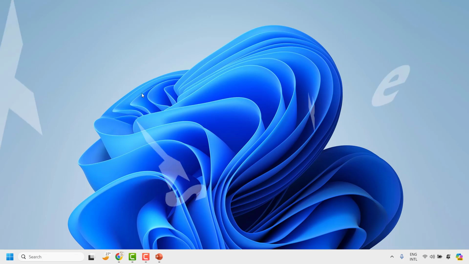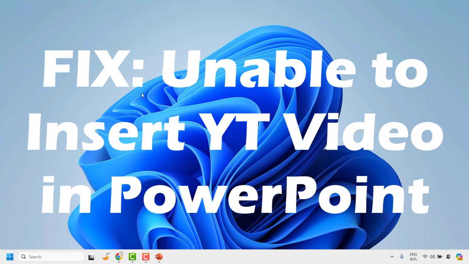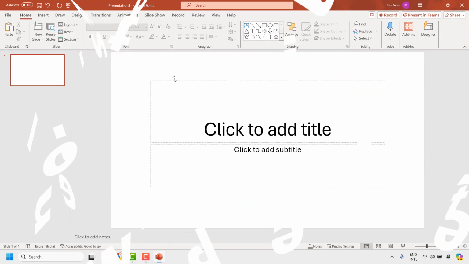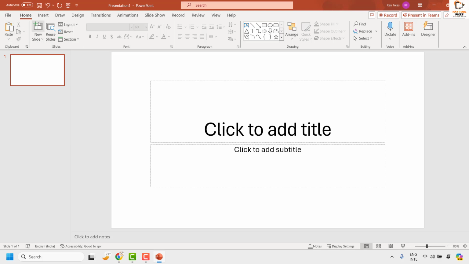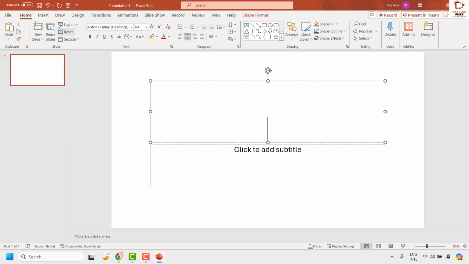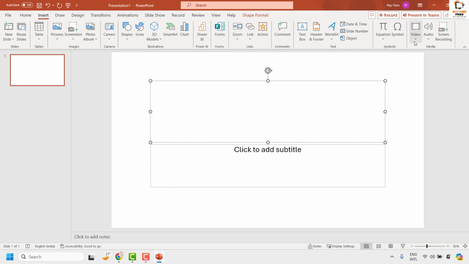In this video, I'm going to talk about how to fix it if you're not able to insert a YouTube video in your PowerPoint presentation. Now, you might come across an instance where you're working on a PowerPoint presentation, and if you want to insert a YouTube video in your PowerPoint, you may go ahead and click on Insert and then click on Video. Under the Video option, there are chances that the Online Video option is grayed out,